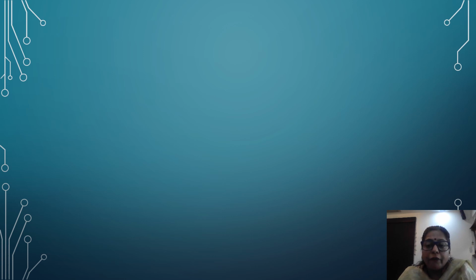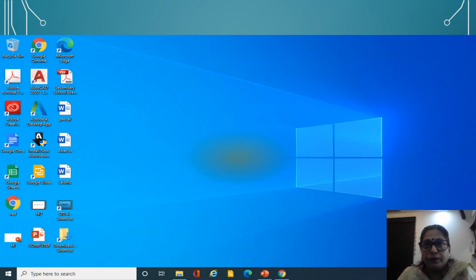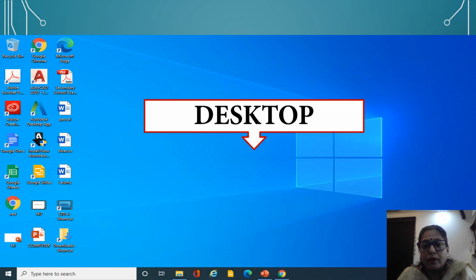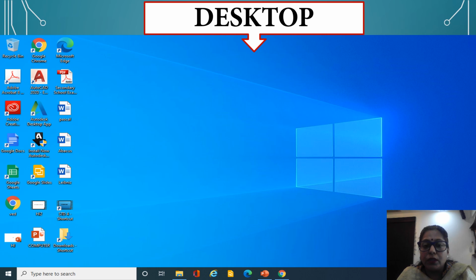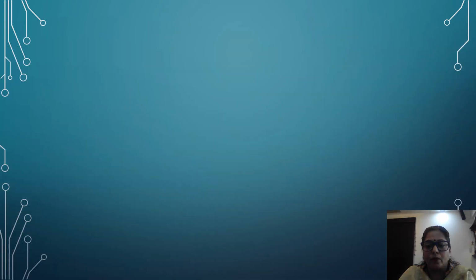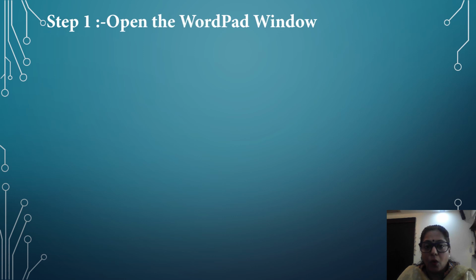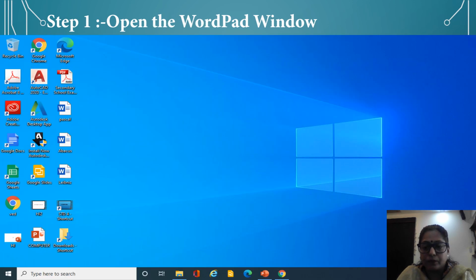Now, we are going to learn how to open a WordPad. Students, this is a computer desktop, the first screen of computer. Now, we will understand how to open the WordPad. Step 1. Open the WordPad window.